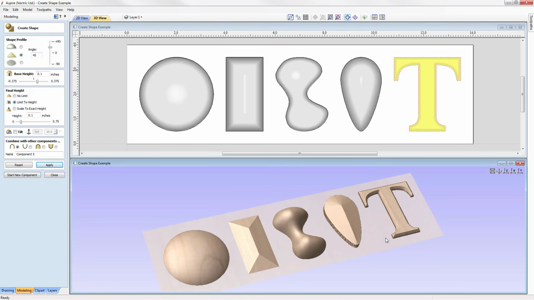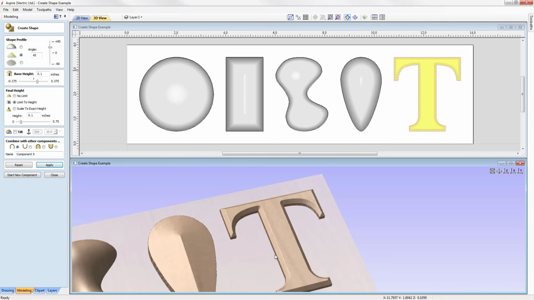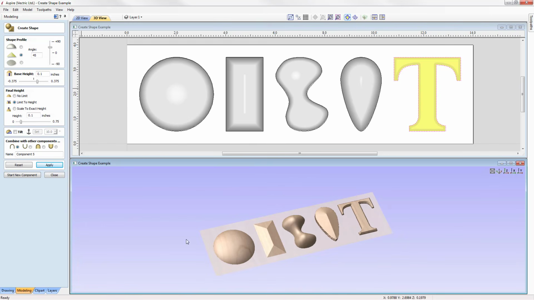And if we just zoom in, we can take a look at the effect of the T there. So you can see the vertical height coming in at 0.1 of an inch. We've got this 45-degree angle surrounding our shape where it's being flattened off at 0.1, and we have a total combined height value of 0.2, which is the base height with the final height on top of that. Right then, so let's just put that back in the ISO view,